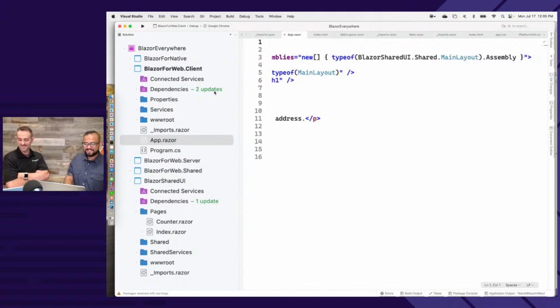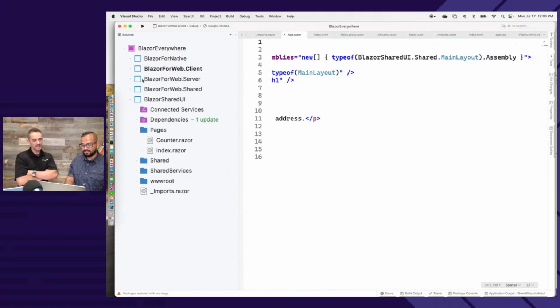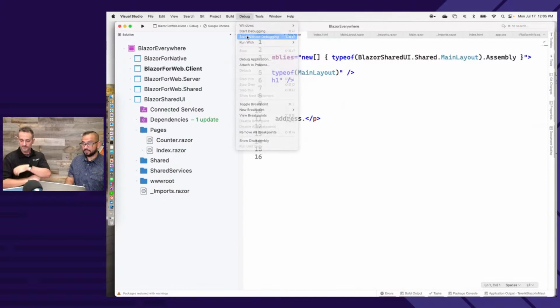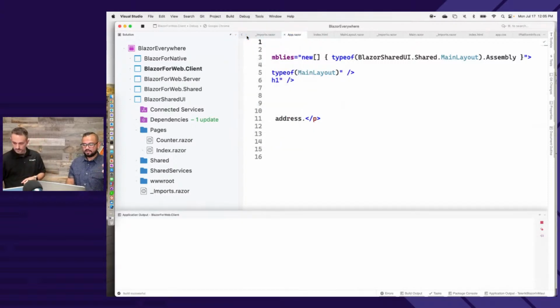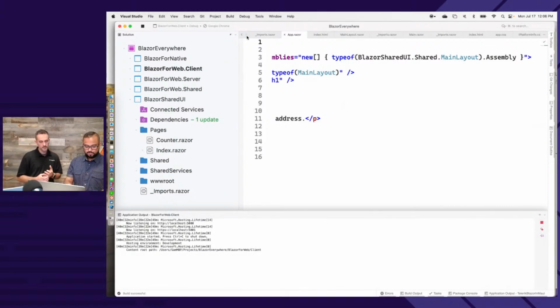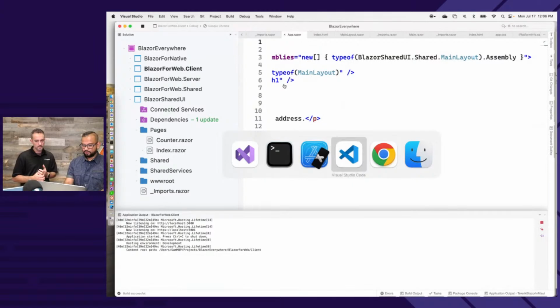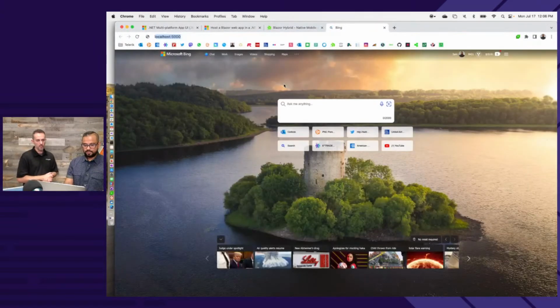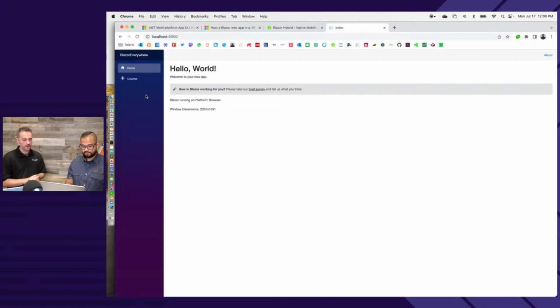It's a drinking game, but it's nice here because now I can run my Blazor web app exactly the way I have been running my Blazor web app, except the UI is now a part of a separate library. So the browser didn't come up. I can go to localhost 5000 though, and right there is my Blazor app. Okay, we got the web app.